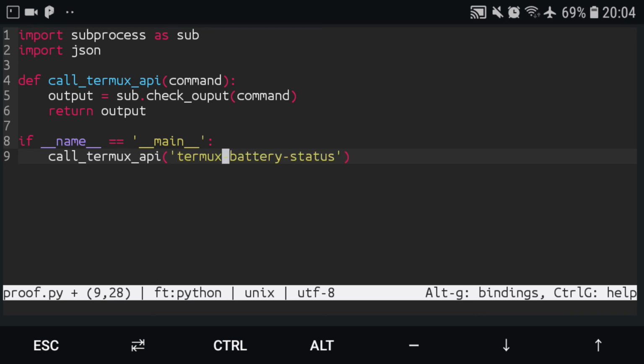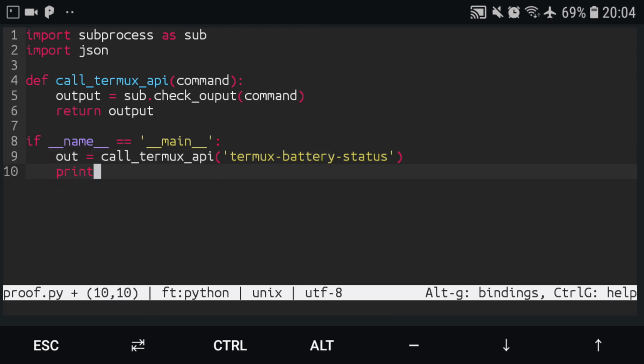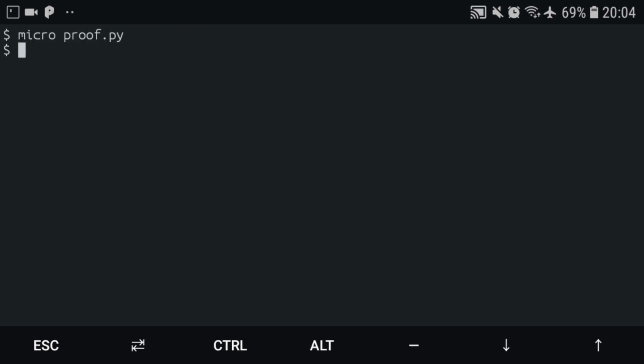So there we are, guys, and we want to send the output to a variable called out, something like this, and then just print the output. So anyway, let's go ahead and save it, and let's go ahead and quit, and then let's try to